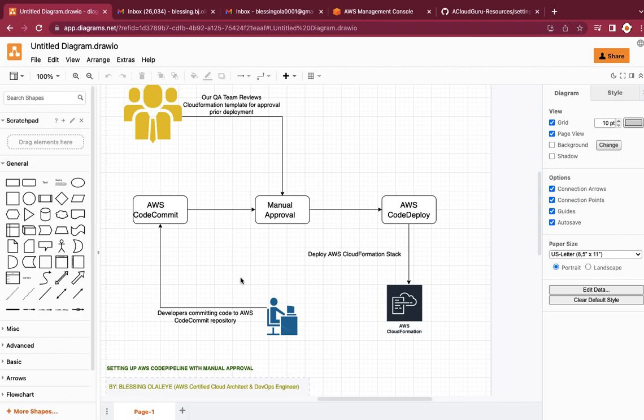That implies that whenever a developer is making a commit to our repository, we're going to put in place a manual approval that will notify the QA team, a notification so they can have an approval on the pipeline prior to the deployment phase of the pipeline. So this particular pipeline